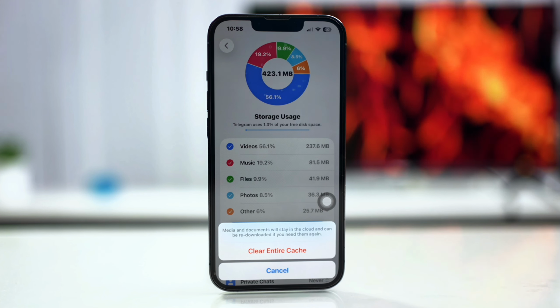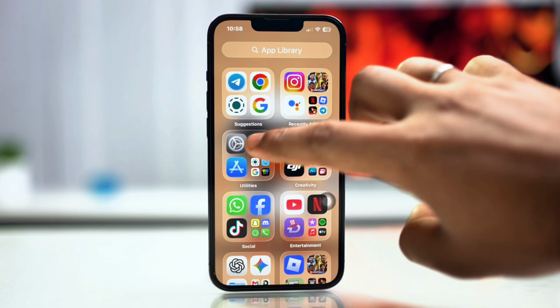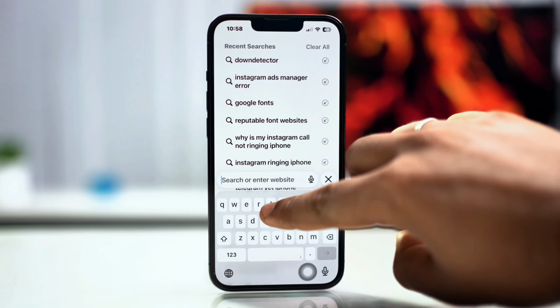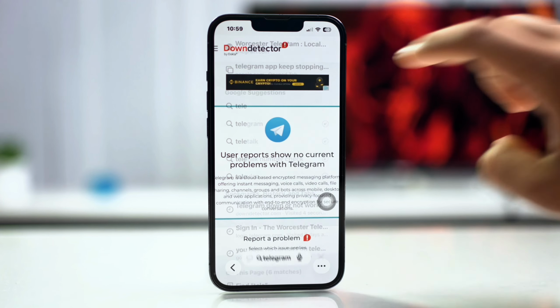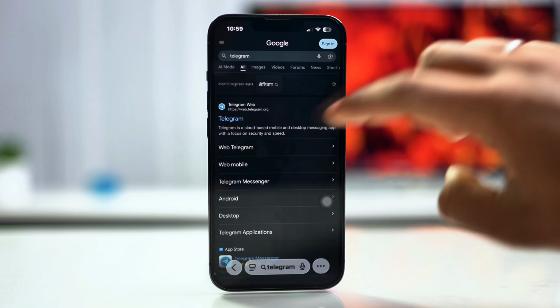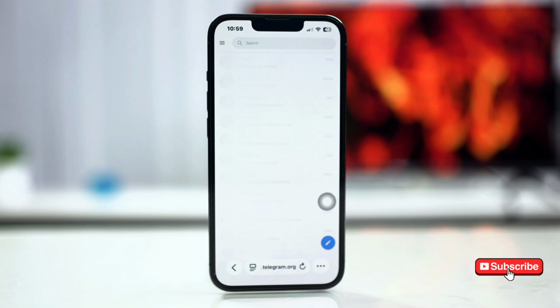Solution 3. Verify via Telegram Web. Open Safari, then go to Telegram. Log in and try to find the message. If the message exists on web,